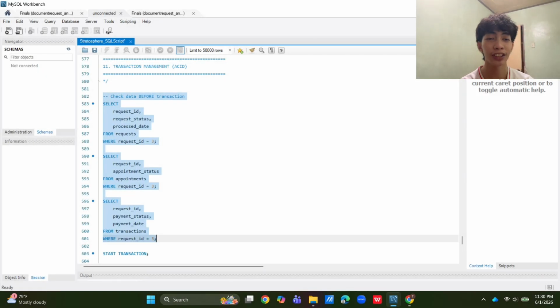Now, we will discuss our transaction management implementation using the ACID properties of the database. ACID stands for atomicity, consistency, isolation, and durability. These properties help ensure that database transactions are reliable, accurate, and secure, especially when multiple operations are performed at the same time. In our Barangay Community System, we demonstrated ACID through a transaction that handles the cancellation of a document